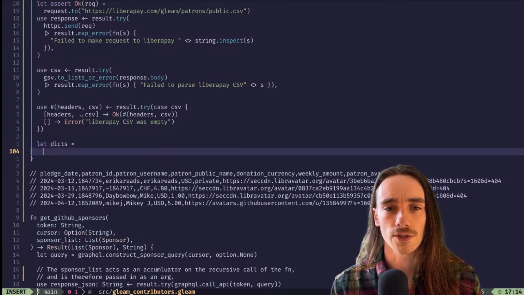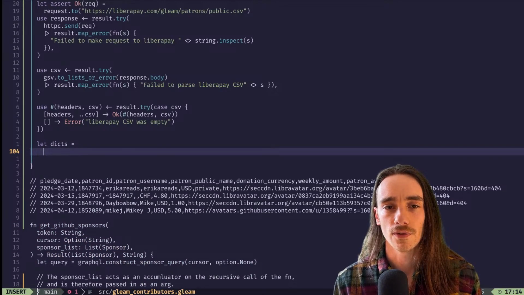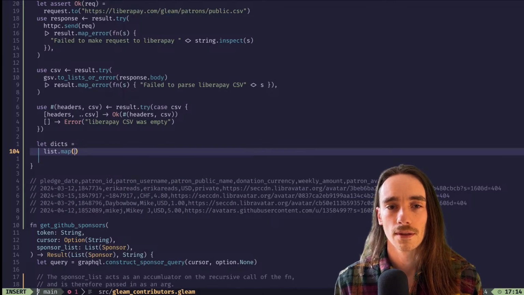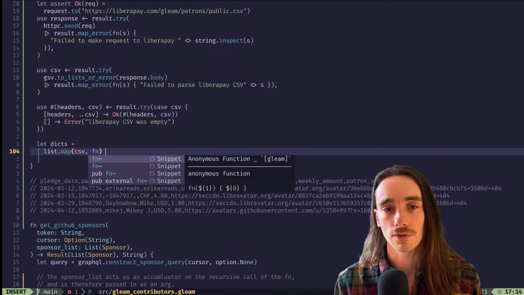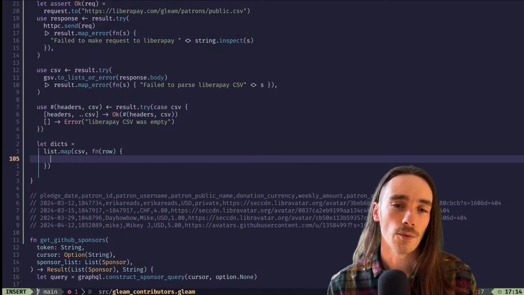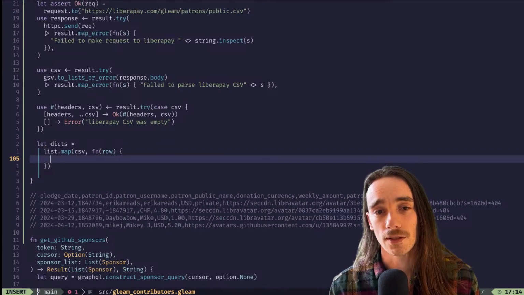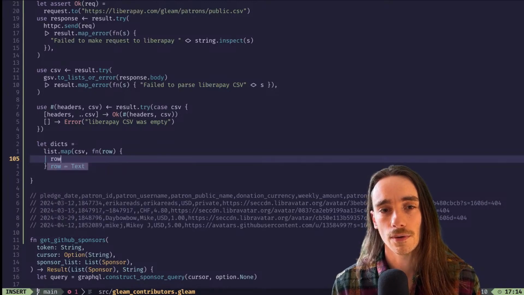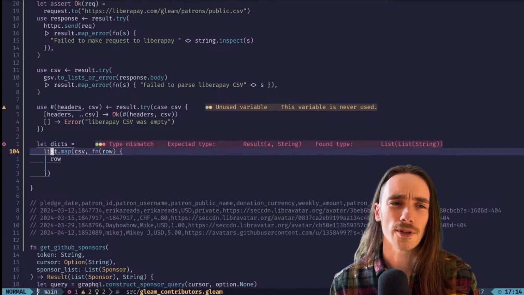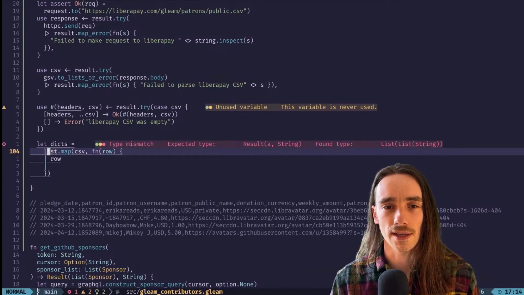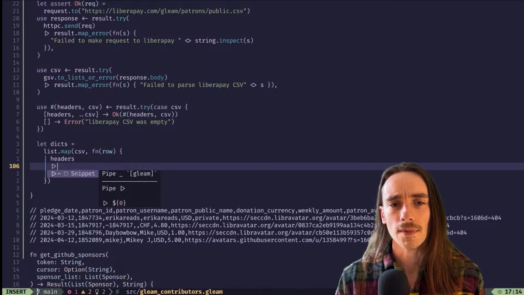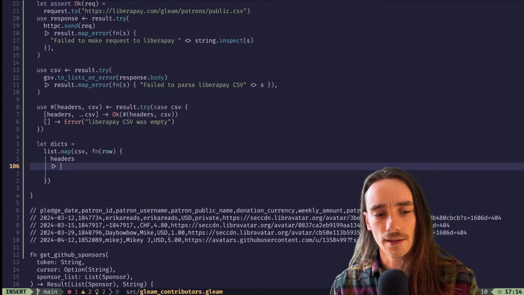Let's try again. Okay, so we start and we want to say, so for list.map, every row in the CSV, we want to run a function. And what that function is going to do is it's going to make a dict. Now it's going to take the row. Which way around would it go? Would the headers go first? Okay, so we take the headers. Oops. And then we want to zip up the,